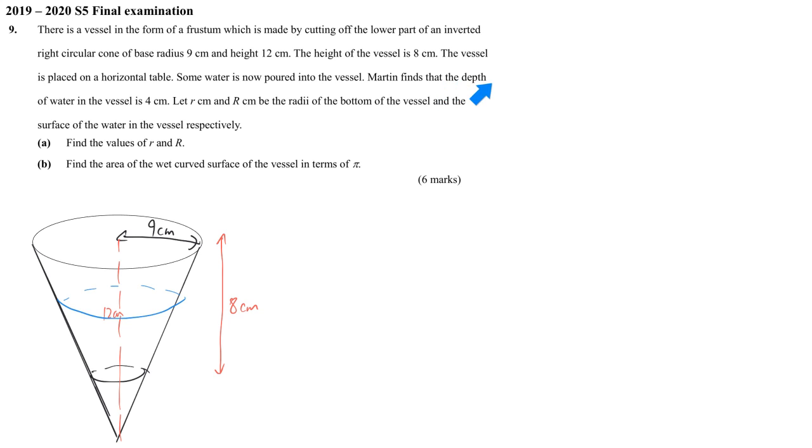So again, what is the meaning of the depth of the water? It is from the bottom of the vessel counting upward. The height here is 4 cm. So we are talking about this section being 4 cm. And we let small r be the radius of the bottom of the vessel. The bottom of the vessel is this part. So the base radius here is small r,